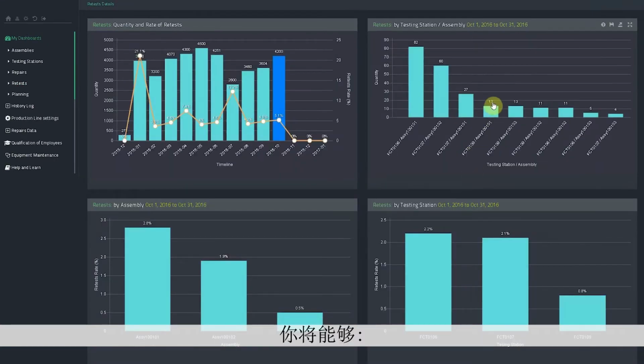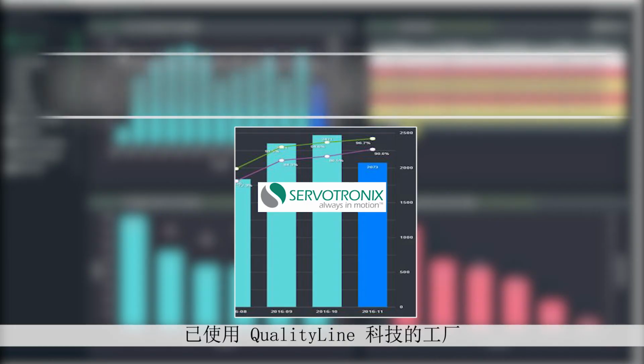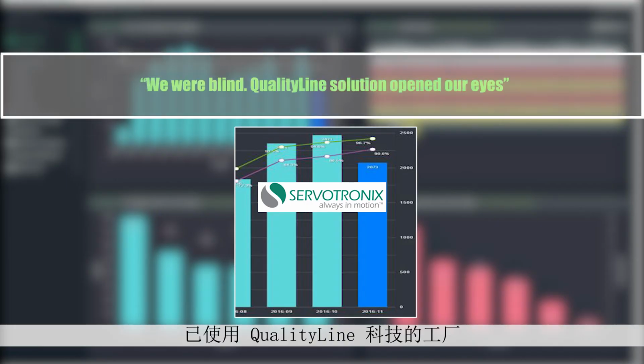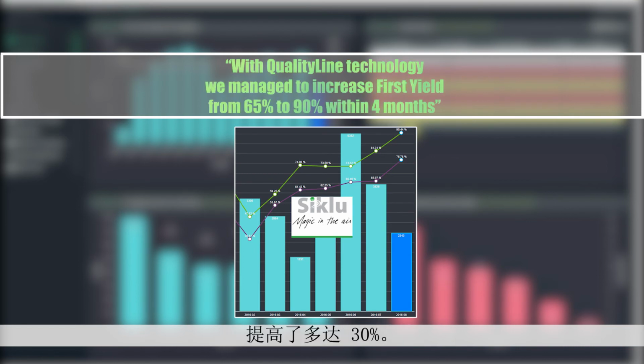You will be able to conduct root cause analysis to quickly identify and resolve any problems within your manufacturing process, set automatic alerts for any abnormal issues, get predictive analytics, and even improve the design for manufacturability of your products. Feedback from factories already using QualityLine technology show an improvement in quality and yield of up to 30% in just